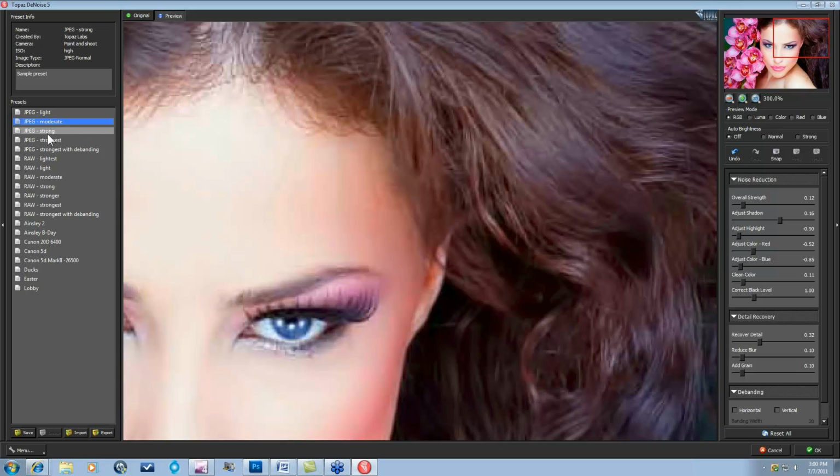So let me see what the strong does. If it takes care of, no, it's getting even blurrier. Still have a serious problem with the blocking up here, and the eye is still blocking up right in the middle. The mosquito noise is not being taken care of, and it's starting to blur quite a bit. So really, I think this is just to show you immediately that it cannot handle this very well,